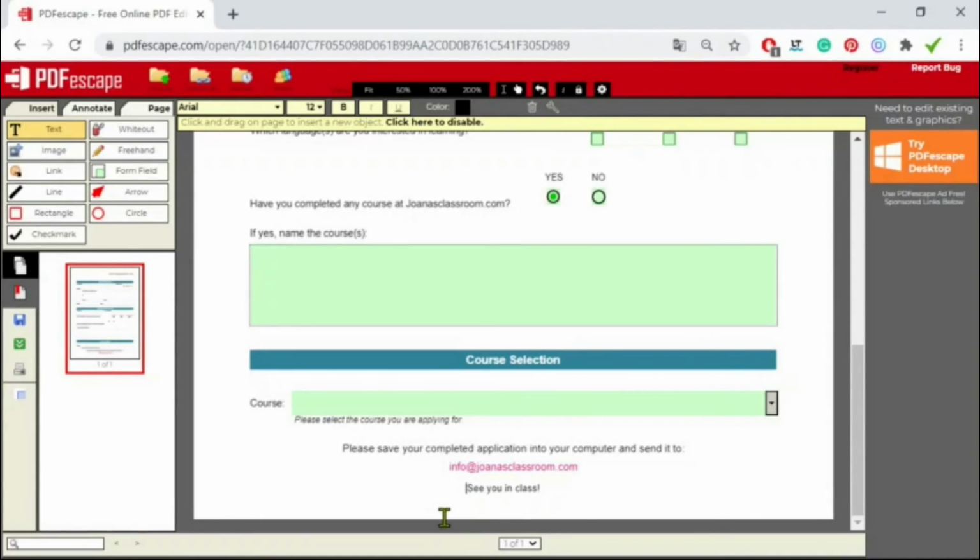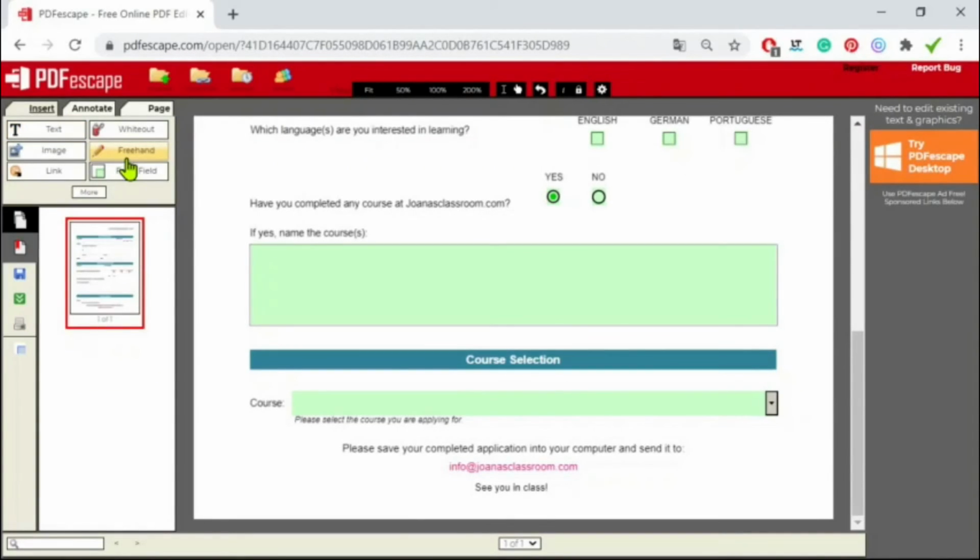Well, let me center this. Okay, I think it's good to go now. And again, this is just plain text. It's not a fillable form field. As I've mentioned before, I want to use a sticky note, so I'm going to click on the Annotate tab